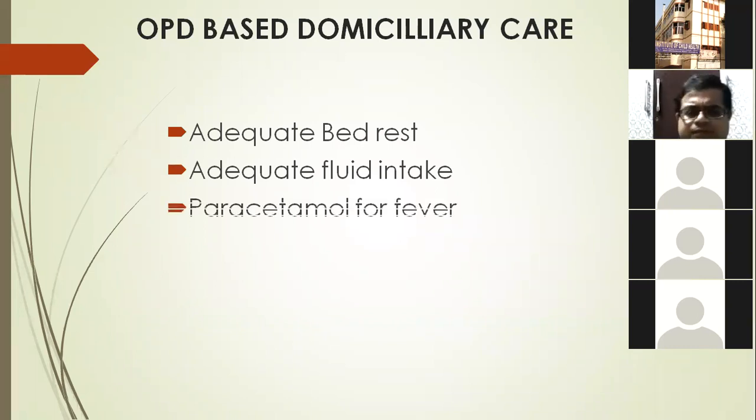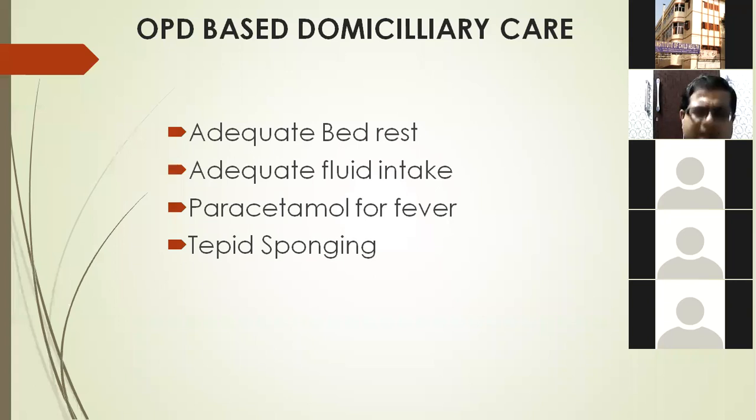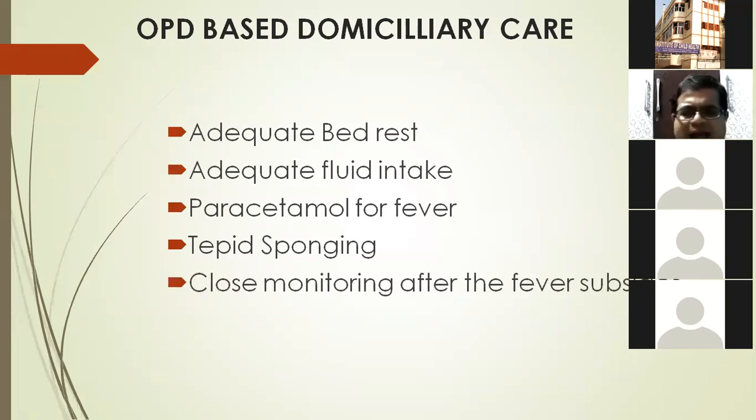This is prohibited. Then you have to tell the parents to give paracetamol for the fever. The dose is 10 to 15 milligram per kg per dose. Do not give paracetamol before 4 to 5 hours. Do not repeat the dose, and maximum 4 to 5 times you can give. Definitely, in each and every guideline it is written that the role of tepid sponging is dubious. And tell the parents that as long as the fever is persisting, the chances of deterioration are minimal. So closely monitor the kid when the fever starts subsiding or the spikes are decreasing.